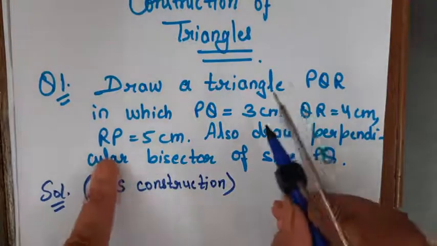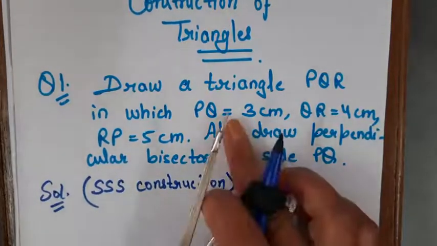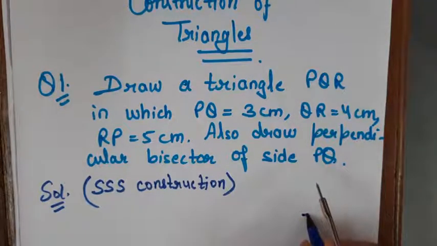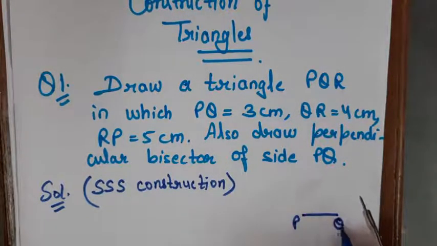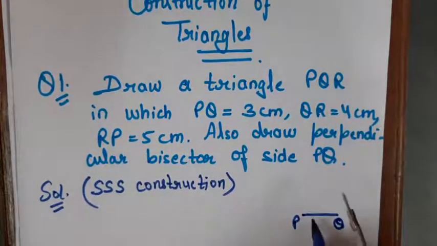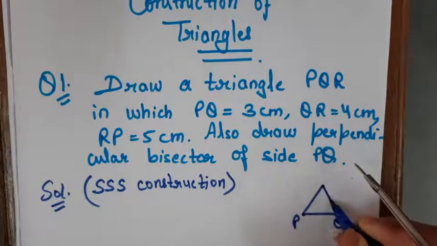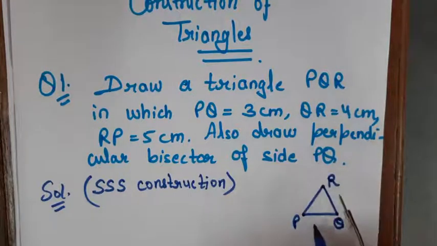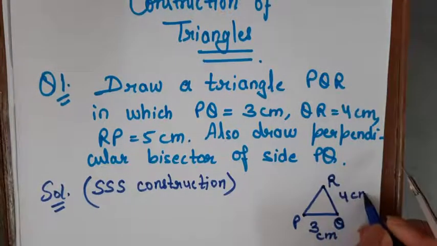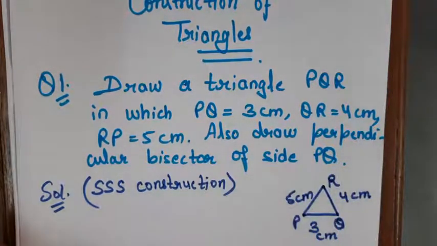So first we will draw a rough figure for this. You can take base as any one side. So suppose I'll take base as PQ 3 cm. Suppose I am drawing here PQ 3 cm, right? Then QR is 4 cm and RP is 5 cm. As we have taken 2 points at the base here, P and Q, so R point is obviously at the top. So our triangle is roughly like this. It is a rough figure. This is 3 cm, QR is 4 cm, and RP is 5 cm. Right? Now we'll construct.